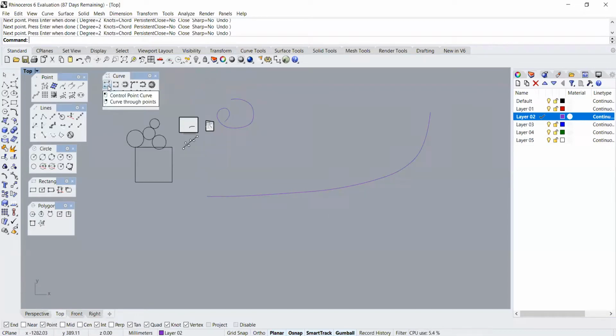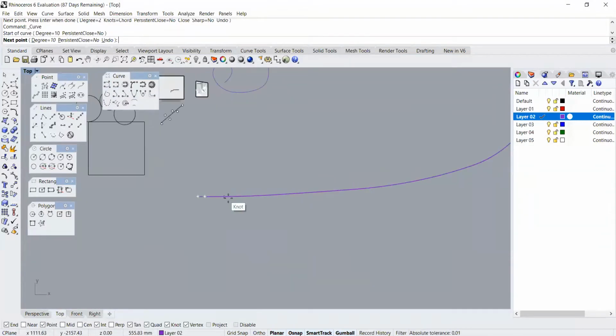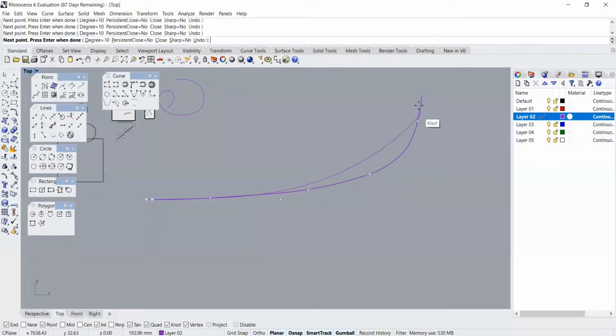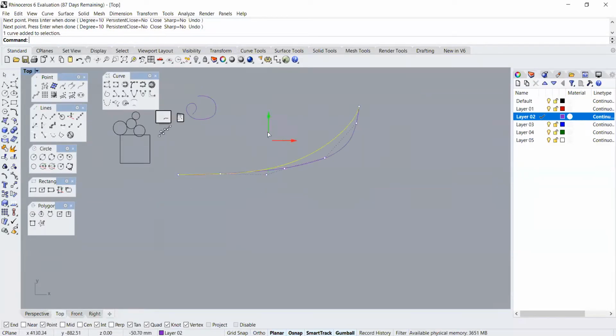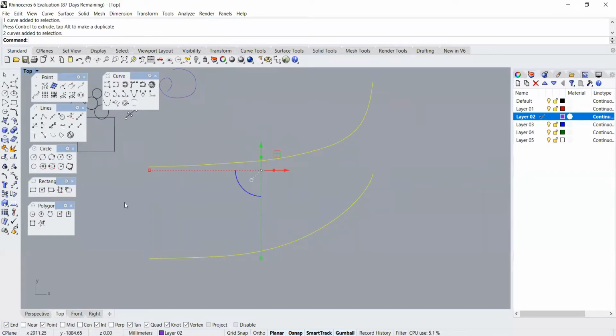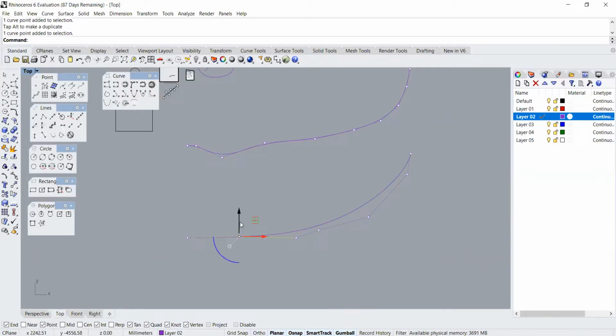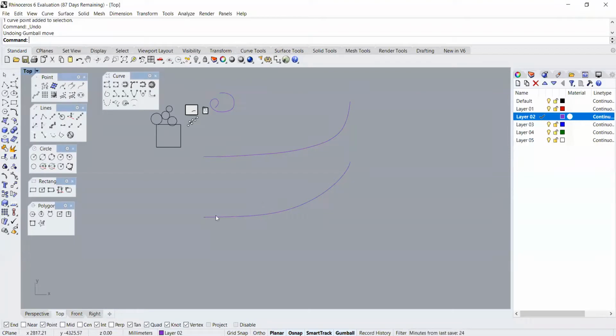But while using over here the control point curve, see over here, the both of these curves are governed by two different sets. So we have points on the curves which control the curves, like you can see, and now it has turned into control point. And over here we had used interpolate, so that's the interpolate curve over here, and that's the curve through control points. And that's one thing we can draw on surfaces because